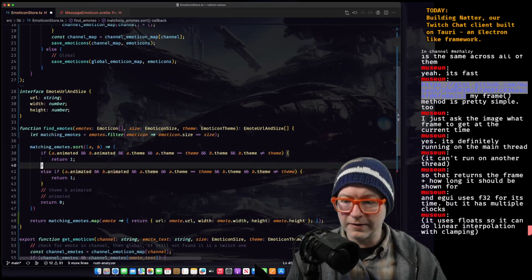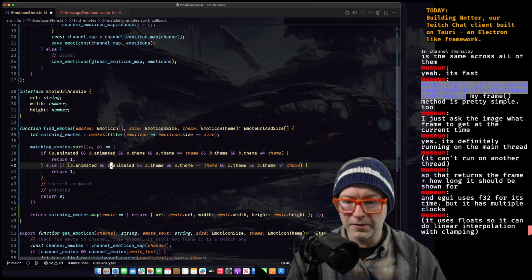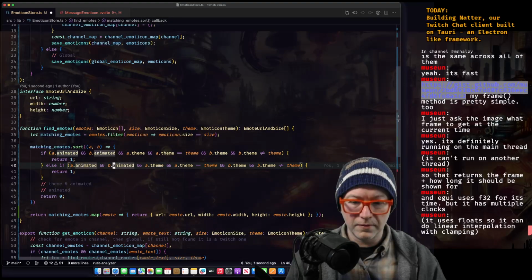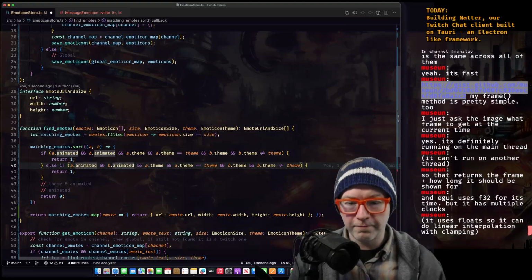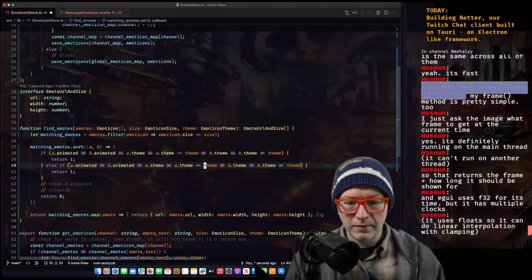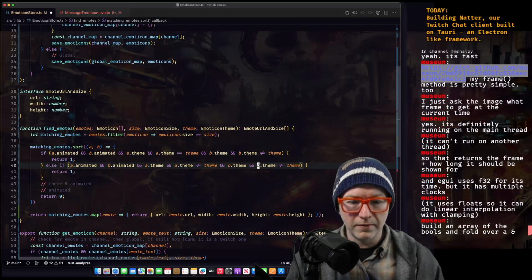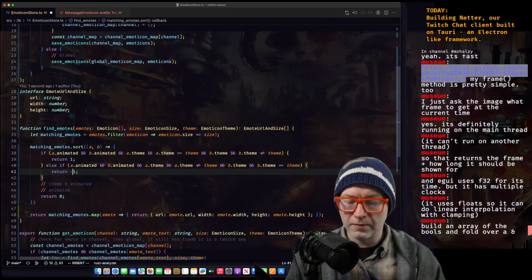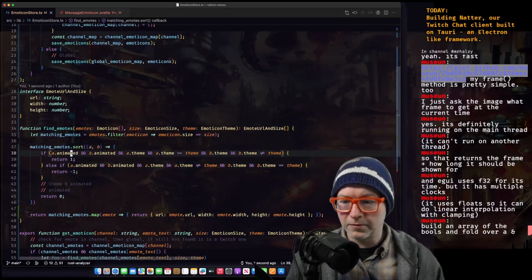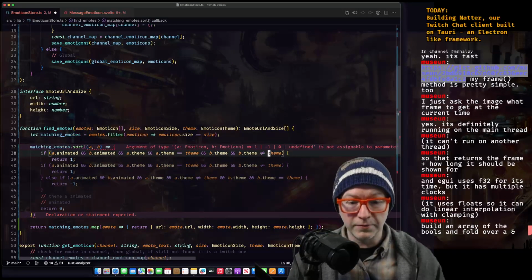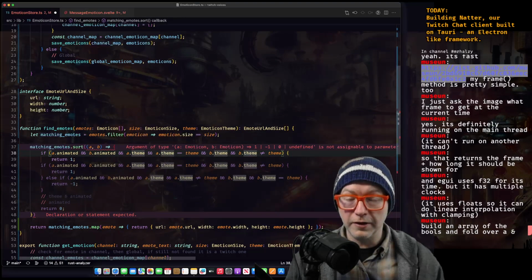Oh man, I just don't like this. How else can you do this in JavaScript? So this would be the opposite, right? Minus 1. Or basically we need the variant where they're equal, which should never happen.